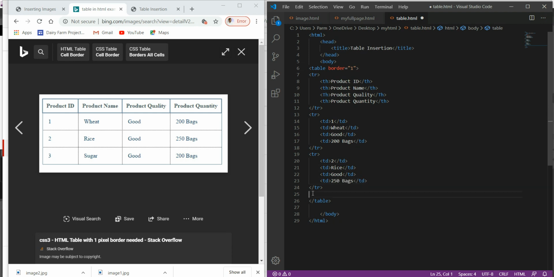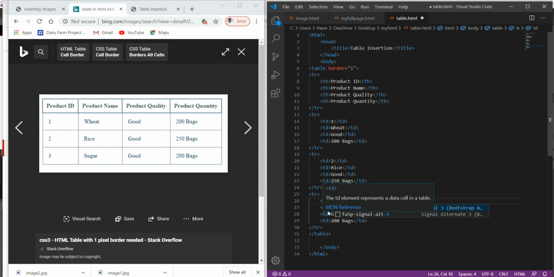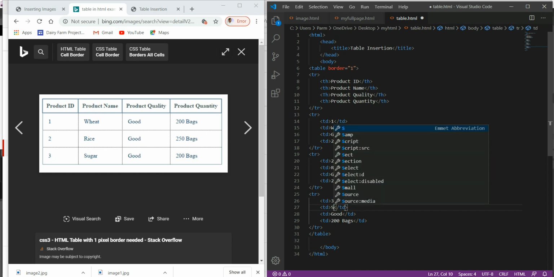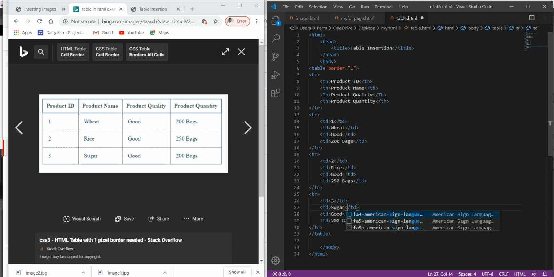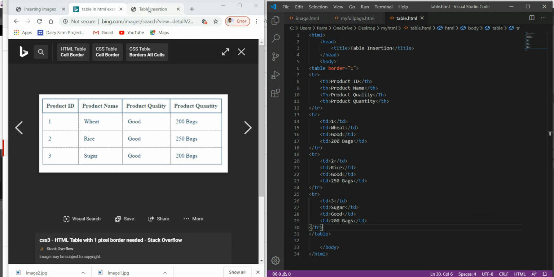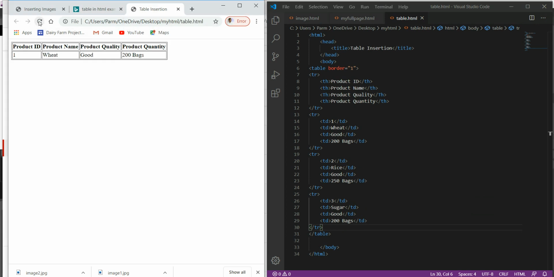Similarly we insert the third row. Again we use Control V, as we have already copied this. Here the product name is sugar, quality is good, and again the bags are 200 bags. Save it, go to this file and refresh it.